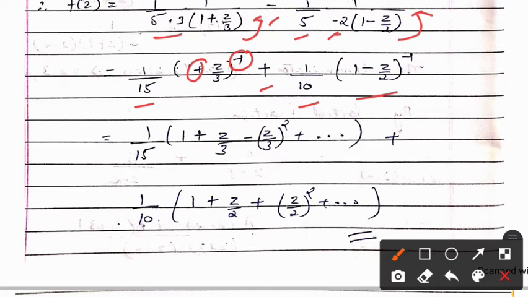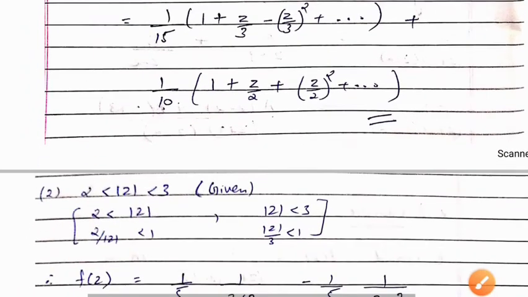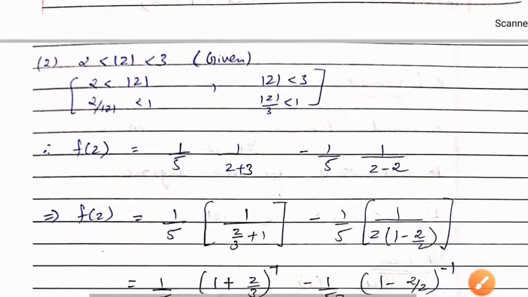Right? Now next, here we are having plus sign, here having minus sign. There is opposite sign. So I will get 1 minus z by 3 plus z by 3 whole square plus dot dot dot. Here I am having minus, here also I am having minus. So you get 1 plus z by 2 plus z by 2 whole square plus so on. Because I am having the formula 1 plus x inverse will be 1 plus x square plus so on. Okay. Let us move towards the other region.